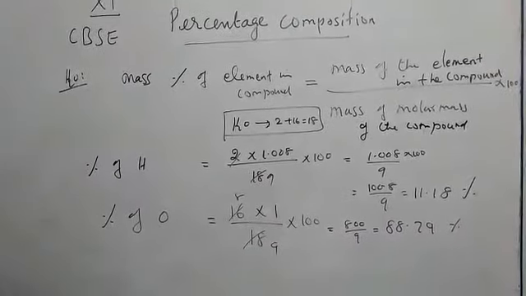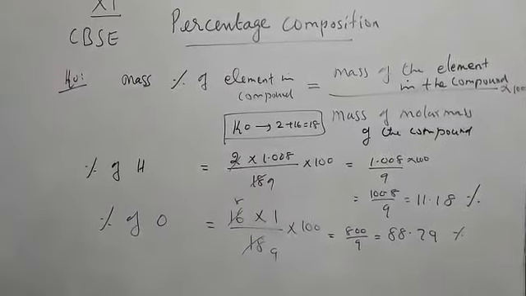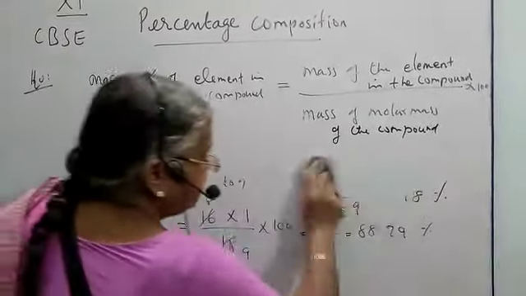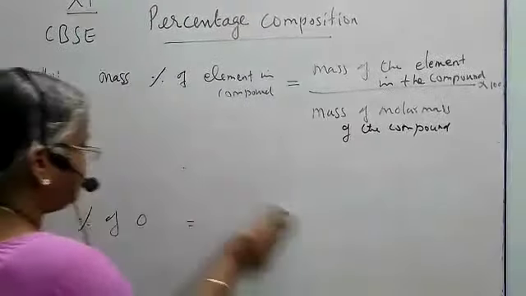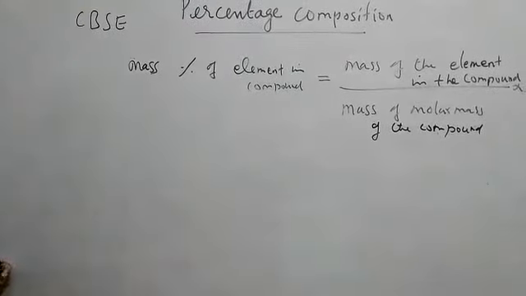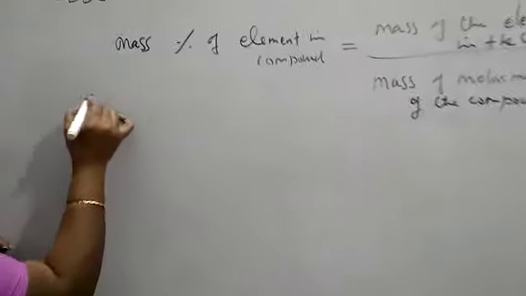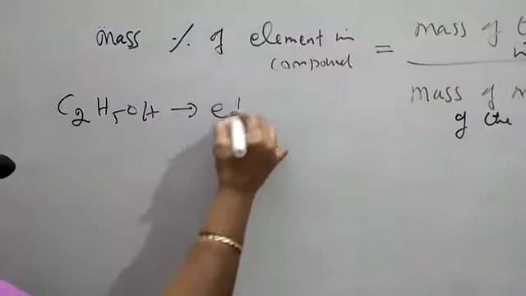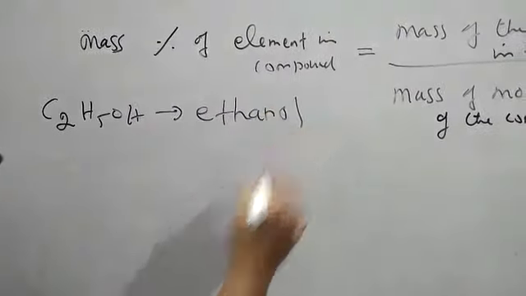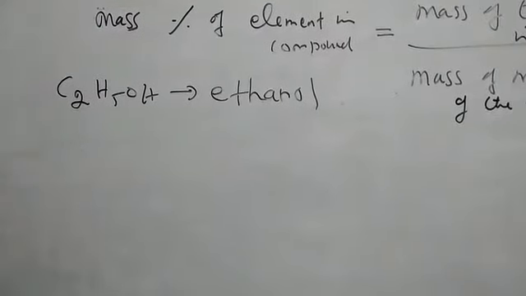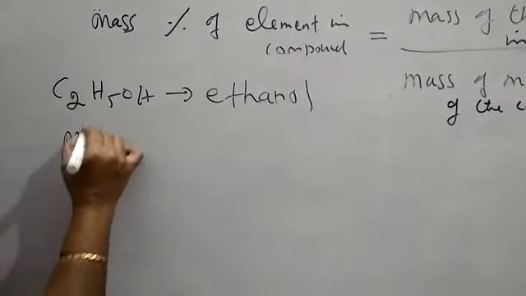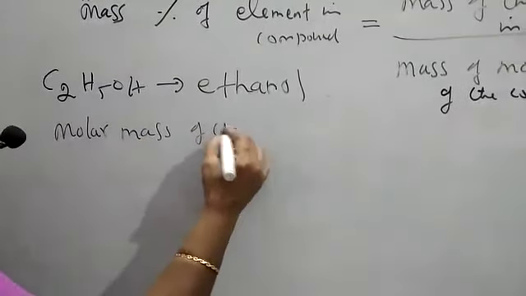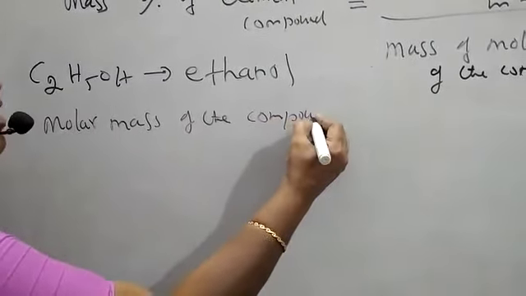Let us go to the next example, ethyl alcohol. Okay, children. Shall we go to the second example? Okay. Let us keep the standard formula as it is. Now we are moving to the ethyl alcohol. Second example is your ethyl alcohol, or its IUPAC name is ethanol. Okay, formula is ready. First, your work is to find out the molar mass of the compound.